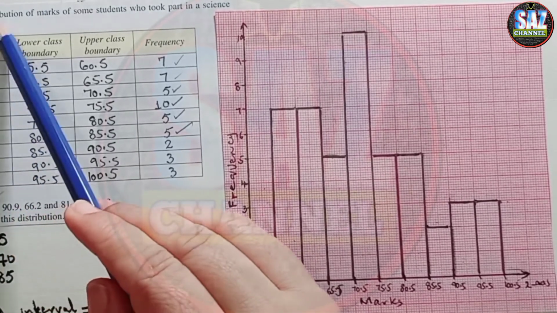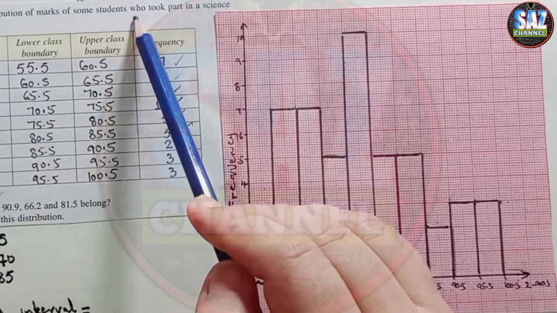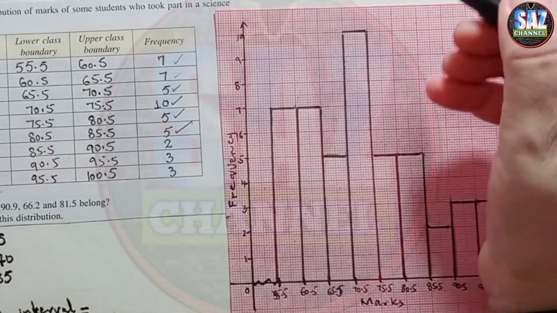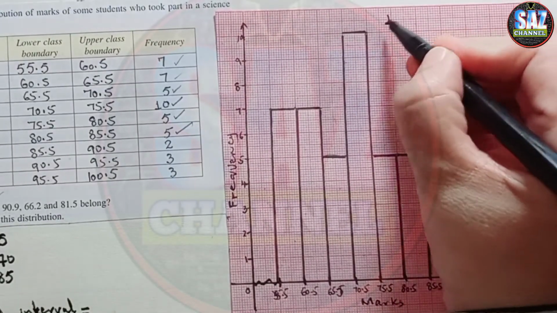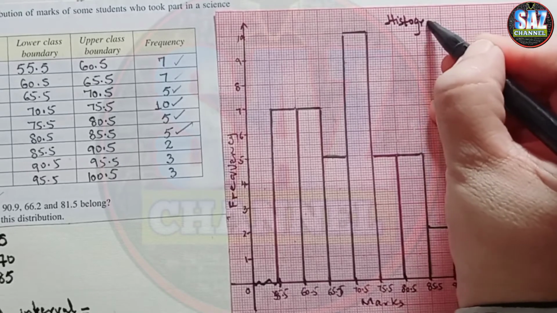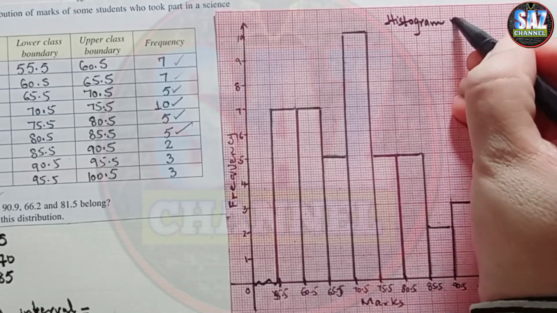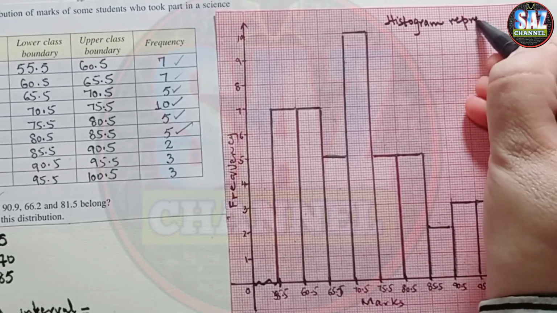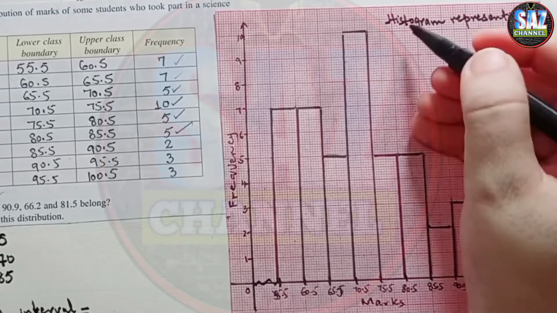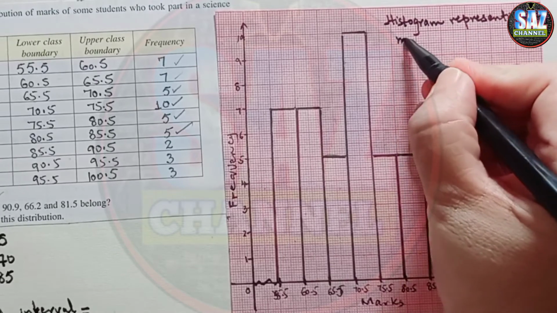The table shows the distribution of the marks of some students. So, histogram representing marks of some students